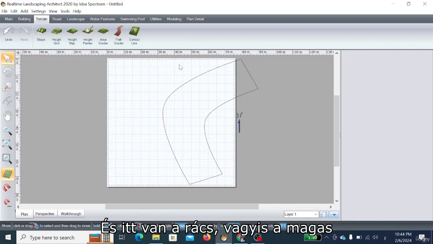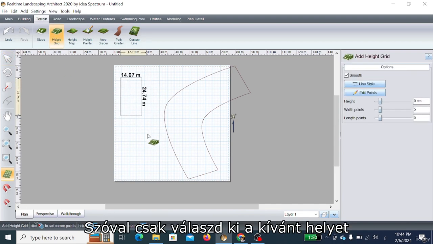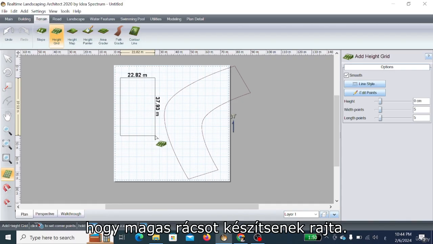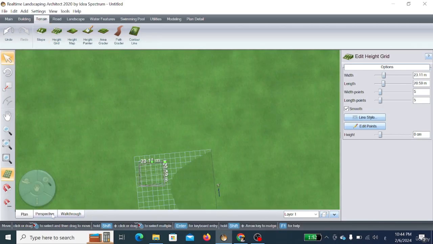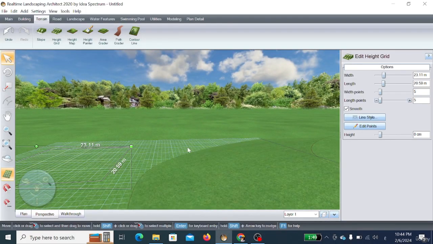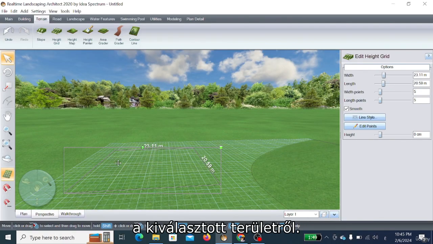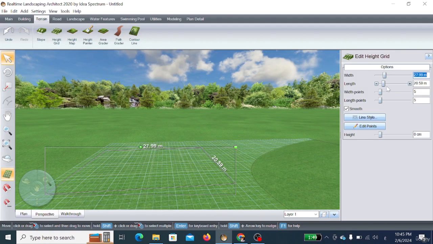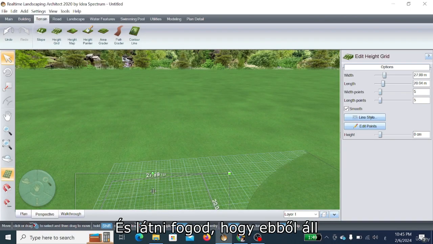And here we have the grade or high grade. So just choose the place that you want to make a high grade on it. Let's see in perspective mode. And here to change the weight and length of the selected area, like this, and you will see it's